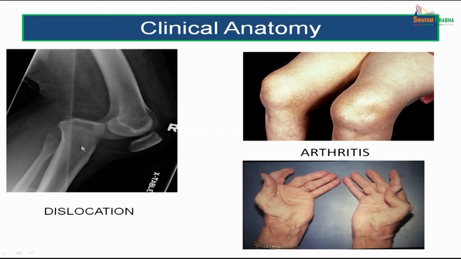The topic is joints. If you look at these pictures, the first picture is an X-ray showing you what is called dislocation and abnormal position of the bones of the joint. The second picture is showing you swelling of the knee joint. And the third picture is showing you abnormal positions of the joints of the hands. These two are showing a condition called arthritis. So, we are going to learn how these various conditions happen and how they are related to the anatomy of